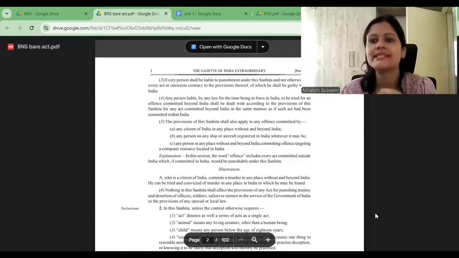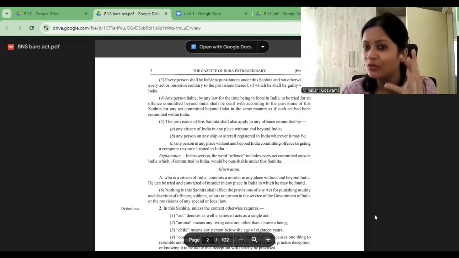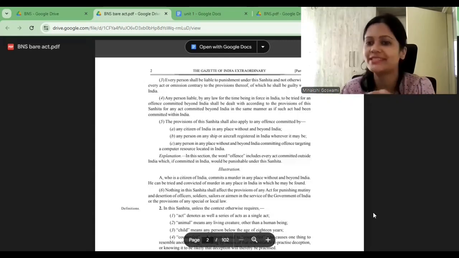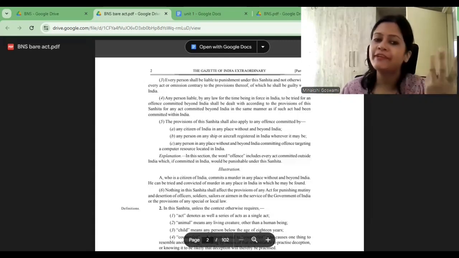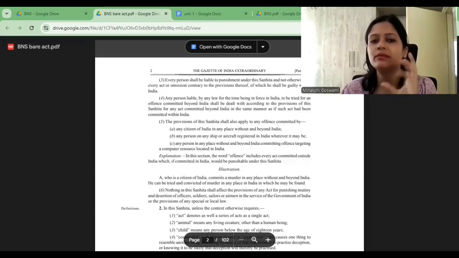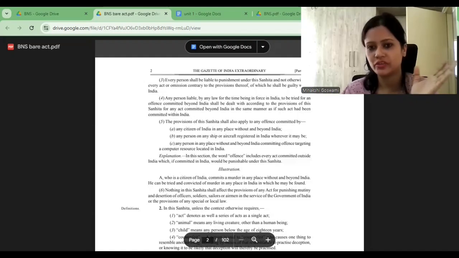And before you start with the legislation, it's also very important that you know the scope of this legislation: on whom is it applicable, in what all situations is it applicable. So if I have to give you 2-3 examples on the scope of this legislation, take for example, there is an Indian citizen. An Indian citizen commits a cyber crime